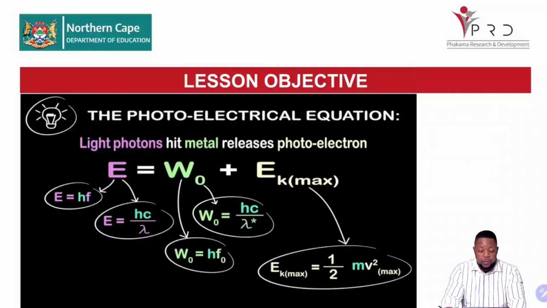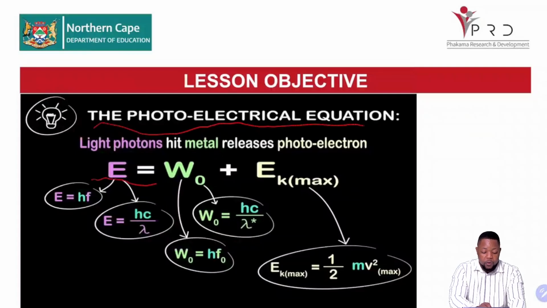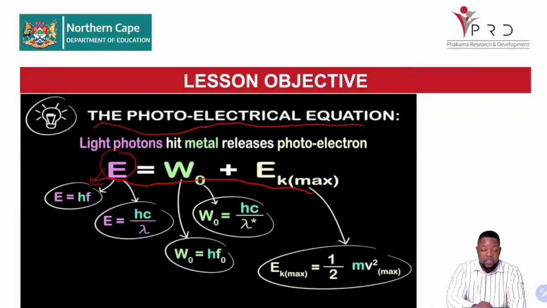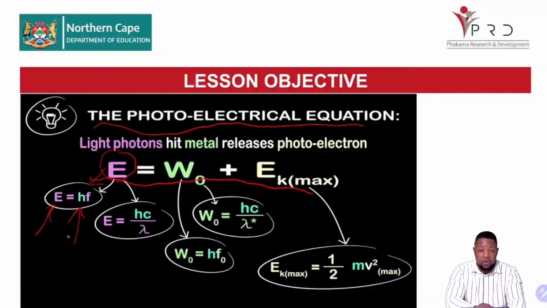Now, the lesson objective continues. We have seen the photoelectric effect equation, and this photoelectric effect equation is repeated here. We want to remind you that the E represents the energy of the photon, which is studied in grade 10. The E is the energy, and then the H is the Planck's constant, which is obtained on the data sheet of your question paper. You are going to see that that value is 6,63 times 10 to the power negative